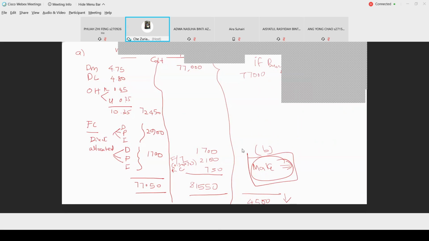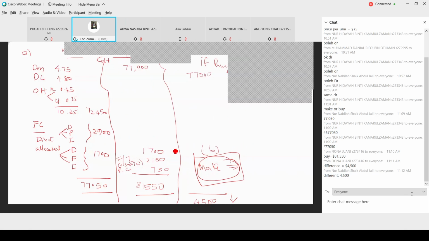Alright, B. C, sorry. C. Sorry, what's your answer? Would the decision be different if Oswego company has the opportunity to produce 5,000 of net income with the facility currently being used to manufacture Visco? So maksudnya macam yang kita buat hari tu, this one refer to opportunity cost. Means that kalau you supposed to, if you buy, you can use the facilities to produce another product and gain the net income of 5,000.